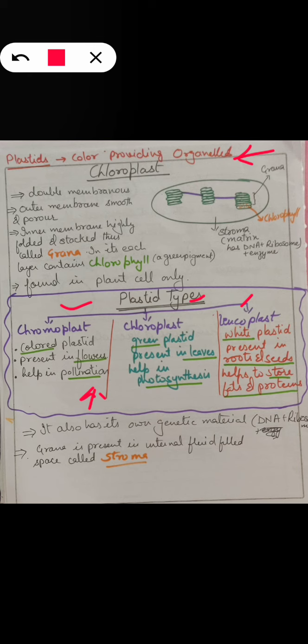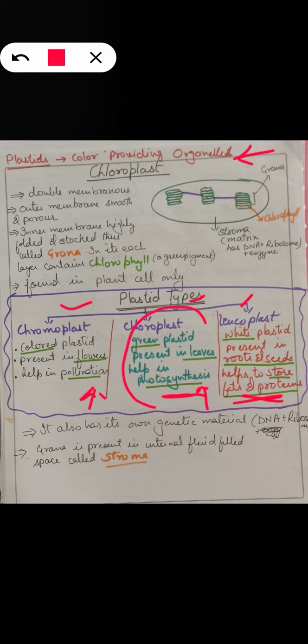The next plastid is chloroplast. It is a green-colored plastid. And you know green color is present generally in the leaves. This green color is due to the presence of a chemical or pigment called chlorophyll. What is the role of chlorophyll? It helps in the process of photosynthesis. Next is leucoplast. It is a white plastid. It means a plastid which has no color and gives a white color to the place where it is present. You can imagine that in the plant, the roots and the seeds are generally white. What is their purpose? They help in the storage of fats and proteins wherever they are present.